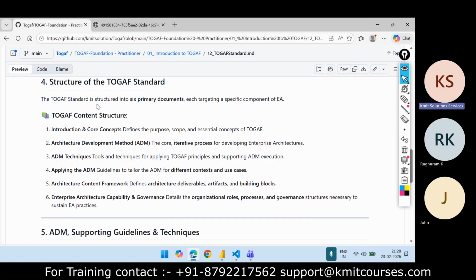So the TOGAF standard is structured into 6 primary documents. Okay, so these are the 6 primary documents, each targeting a specific component of enterprise architecture. So what are these documents? The first one is introduction and core concepts. It defines the purpose, scope, and essential concepts of TOGAF.